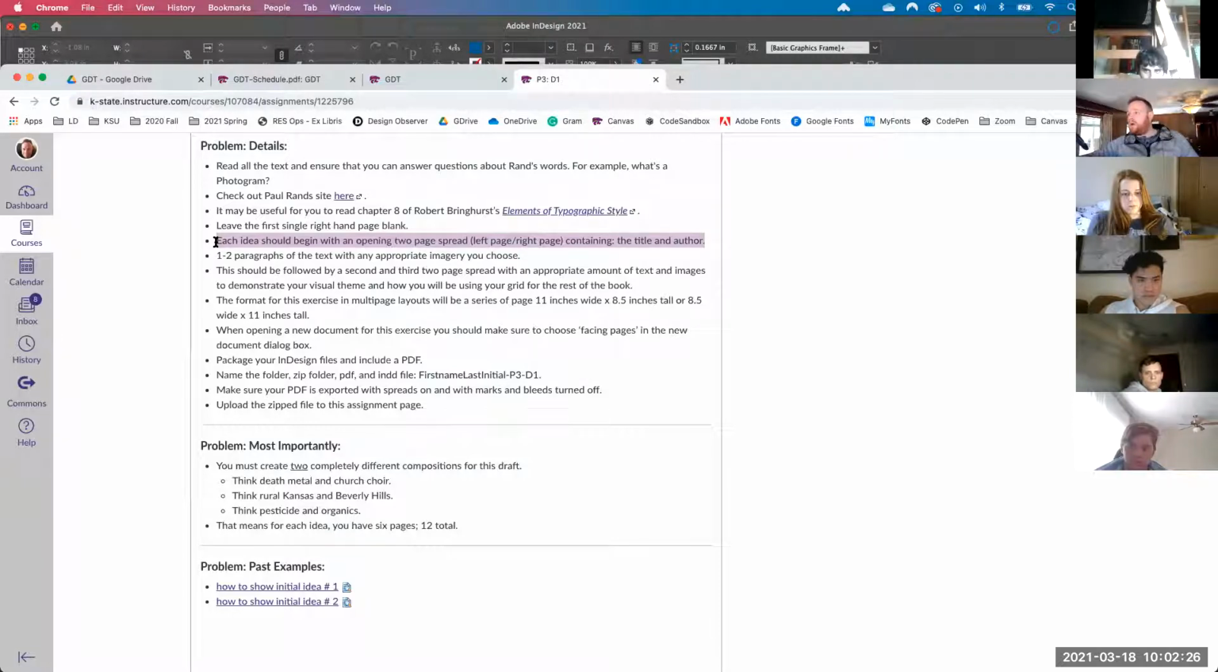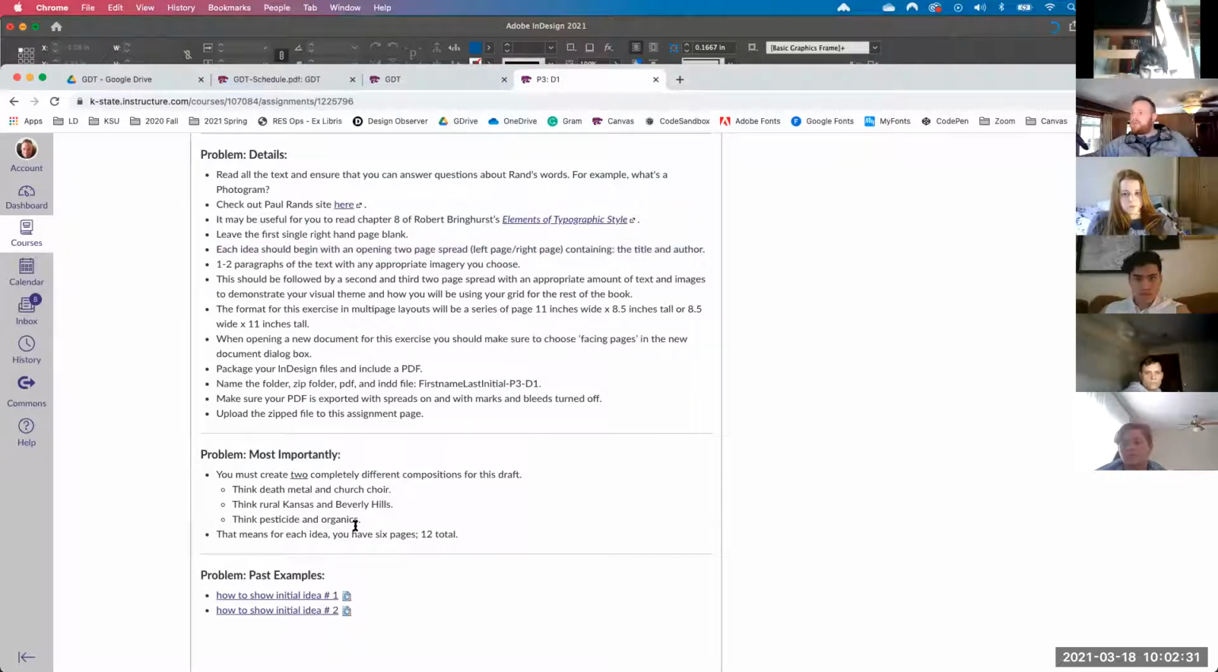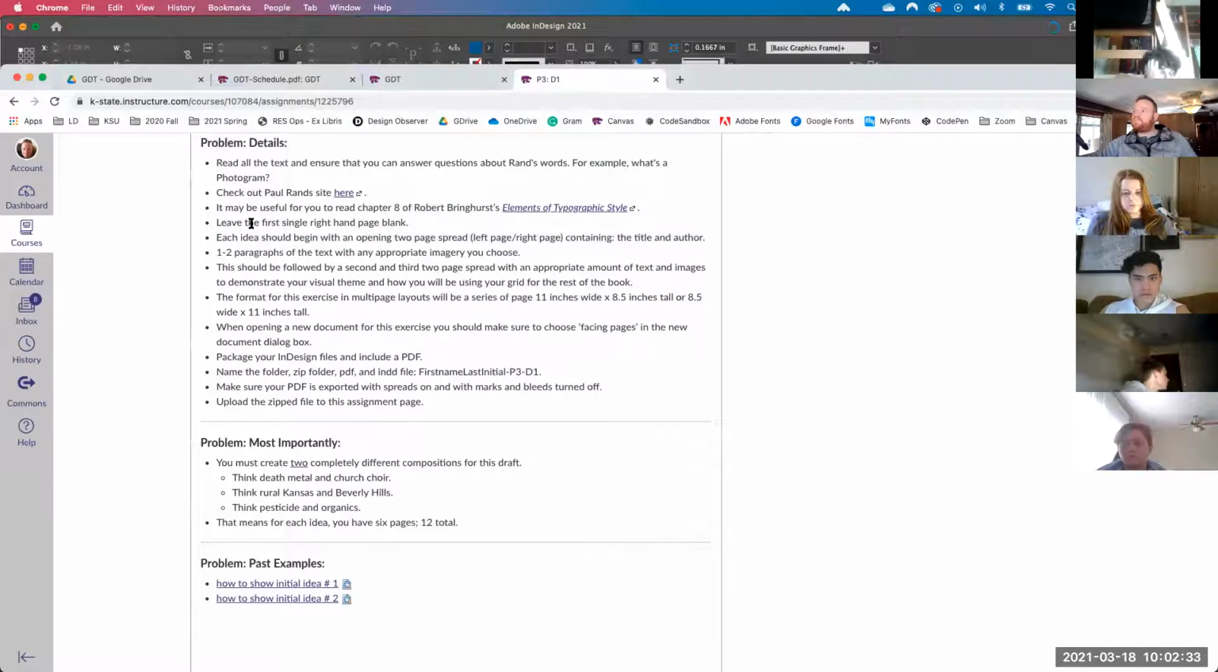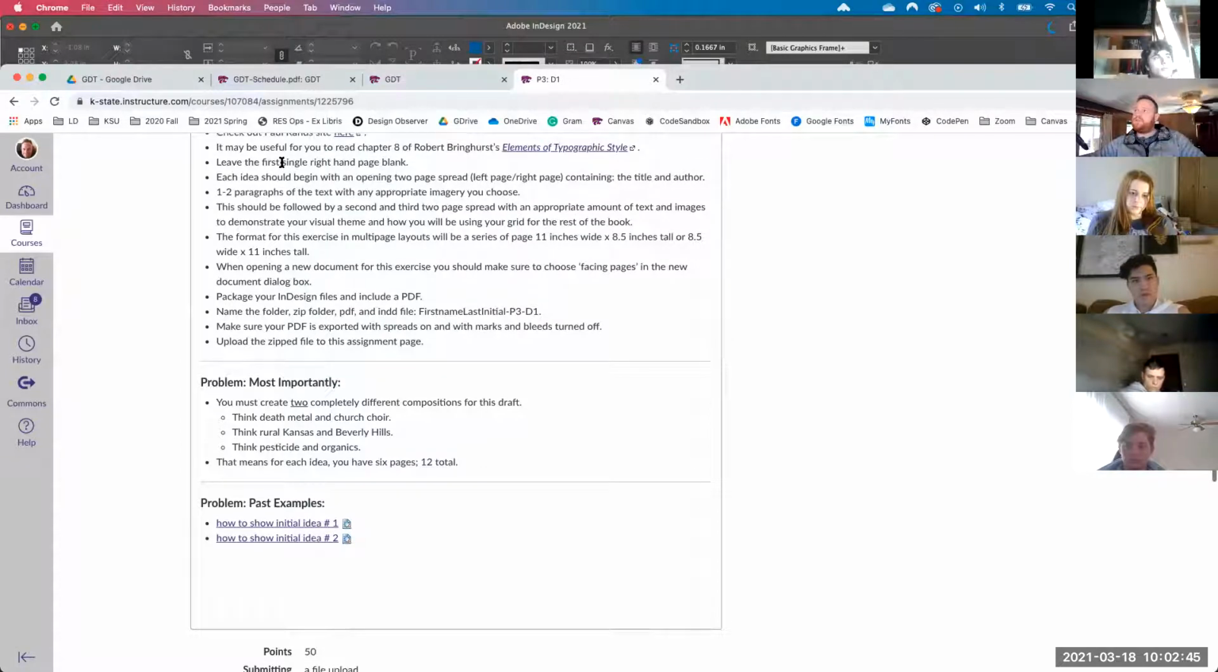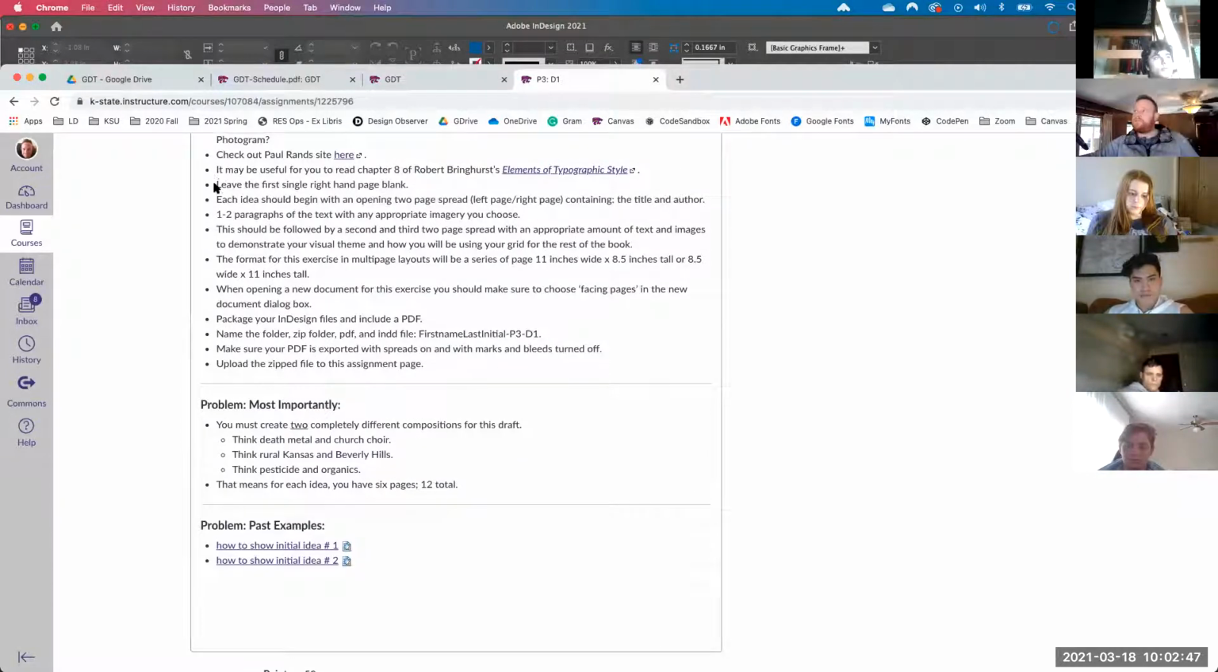So those are for when we're concepting early for the first draft, we're going to just be showing some layout concepts. So it's not going to be the full book. So for this draft,